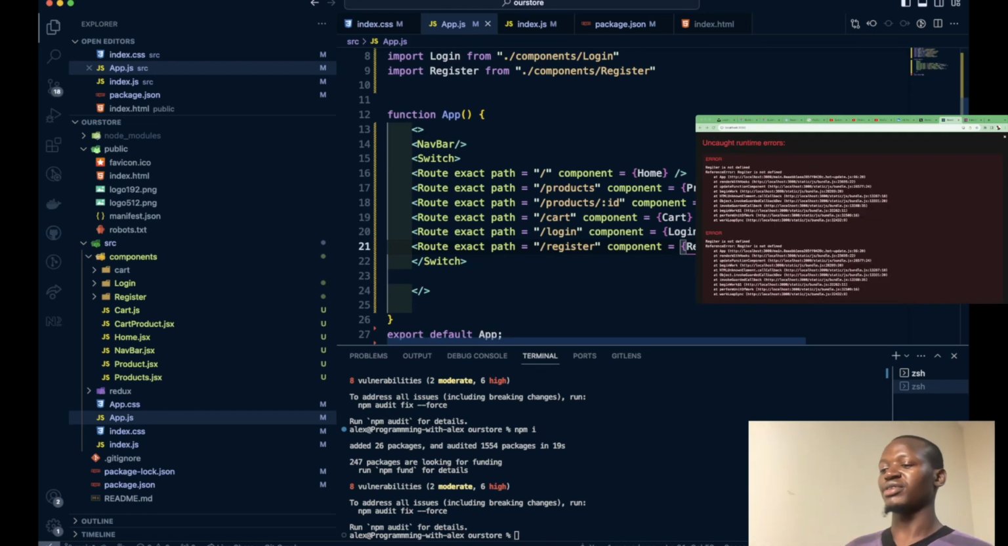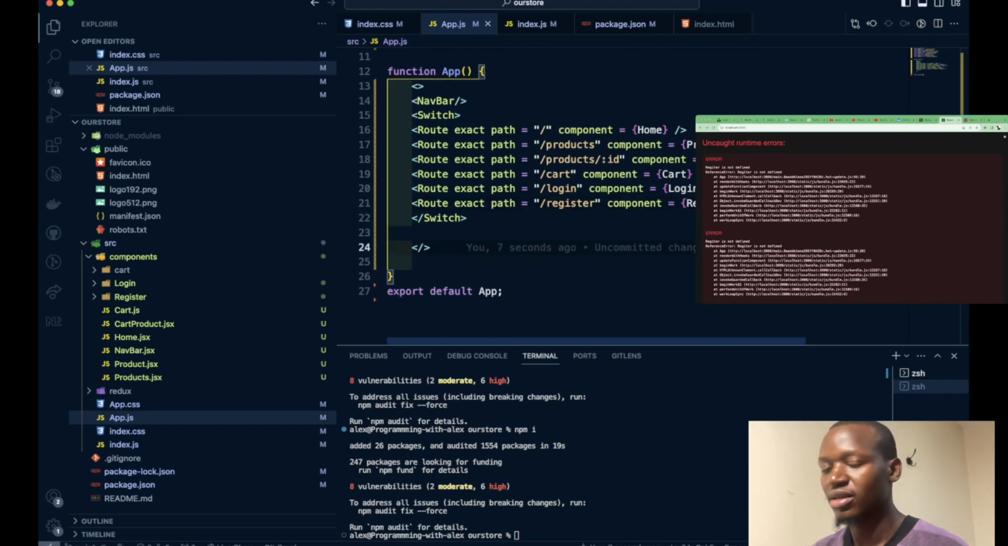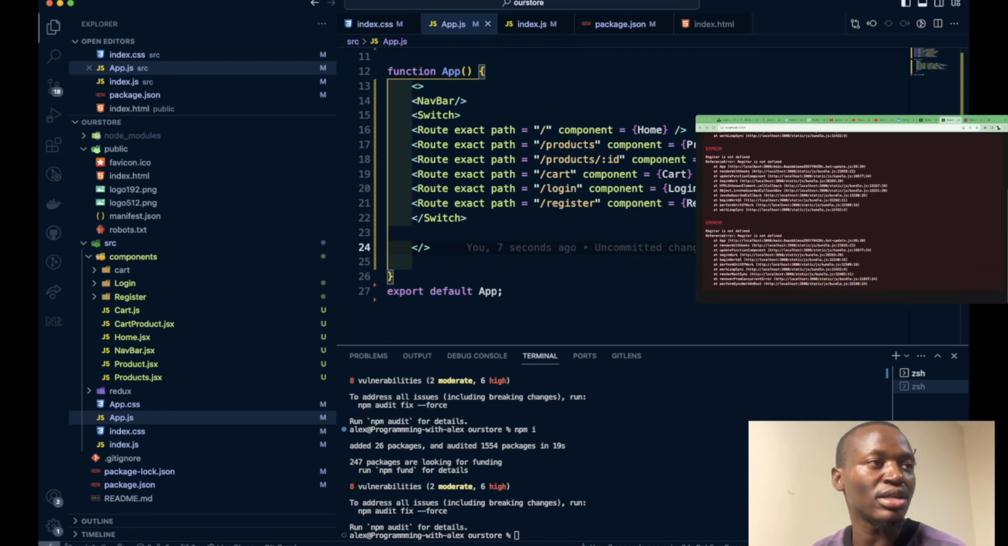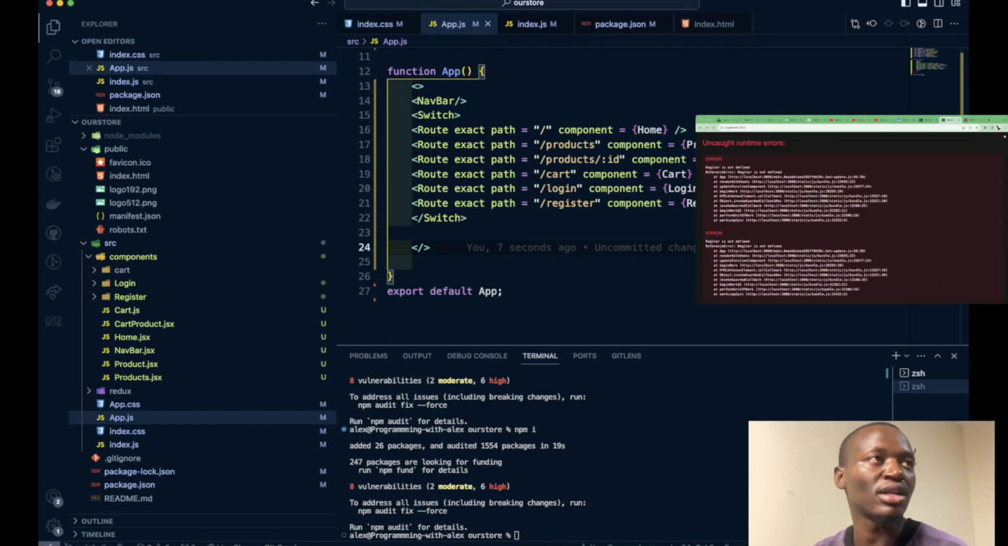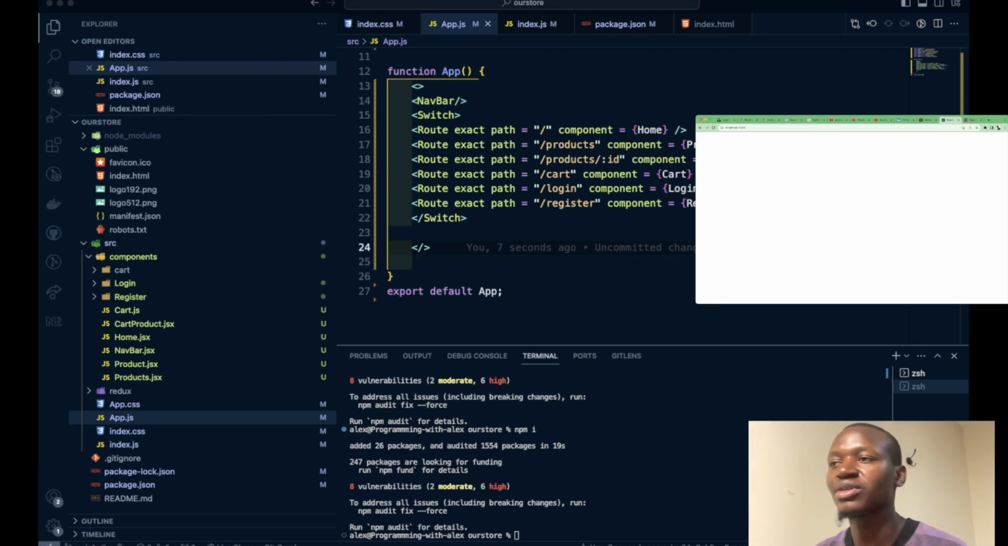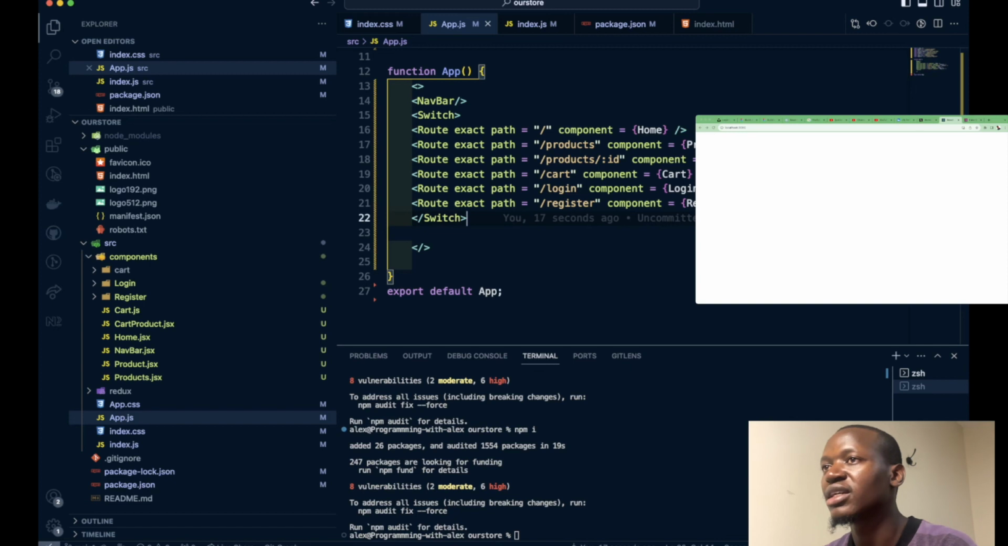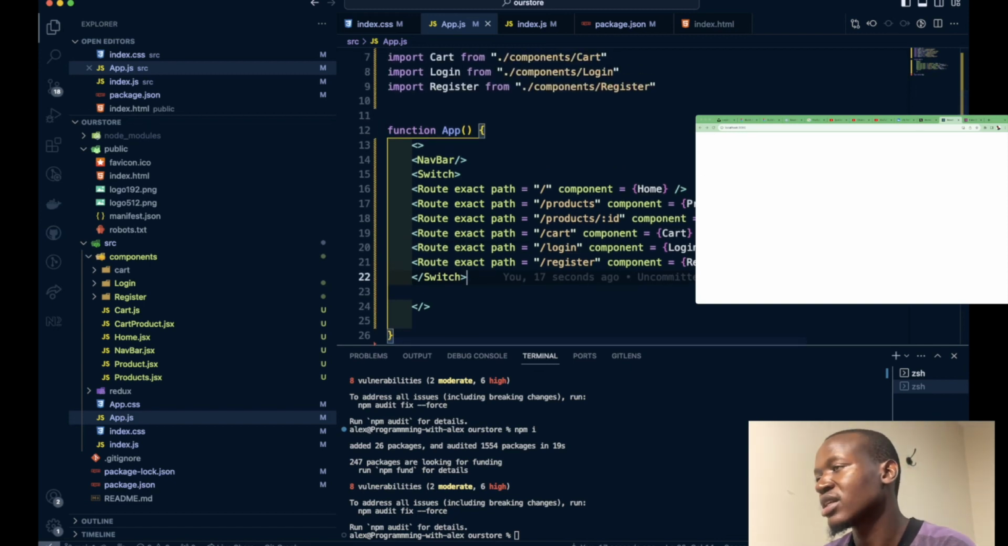Okay, perfect. So this register. Okay, see this is acting up, saying register is not defined. I think it just needs to refresh. So the first component you're going to be dealing with, let's write something on home so that we can have